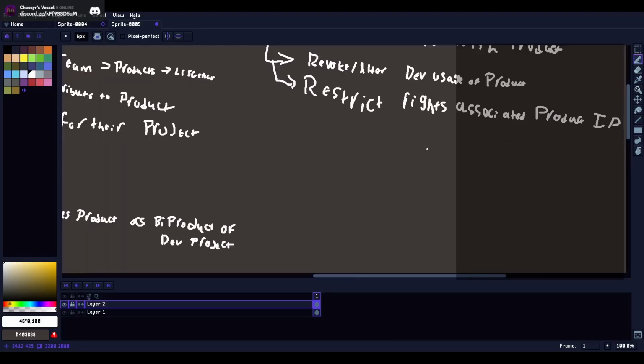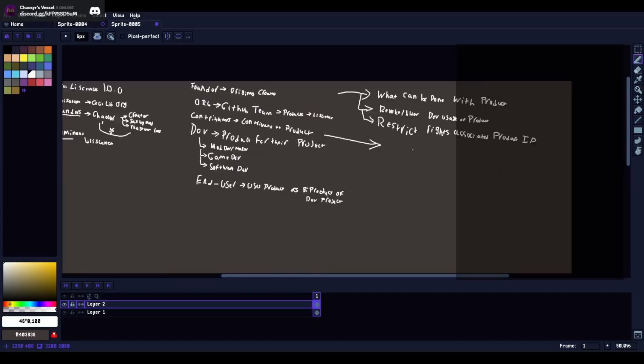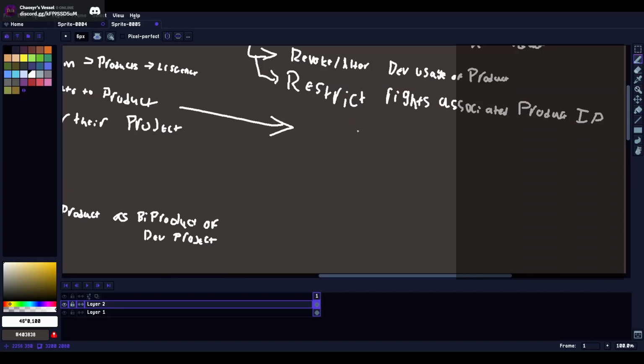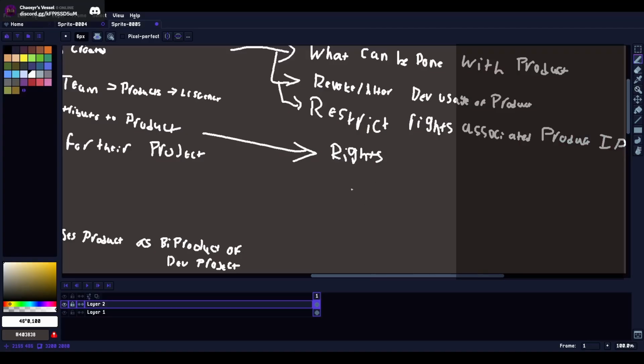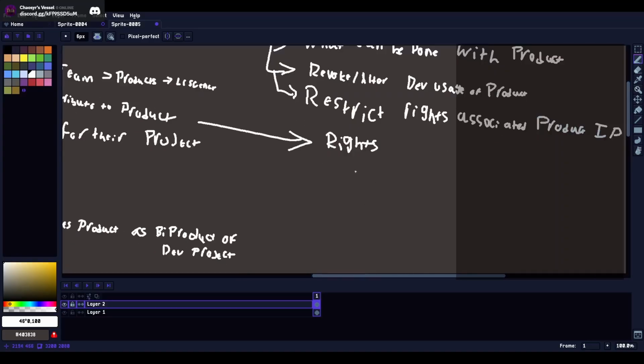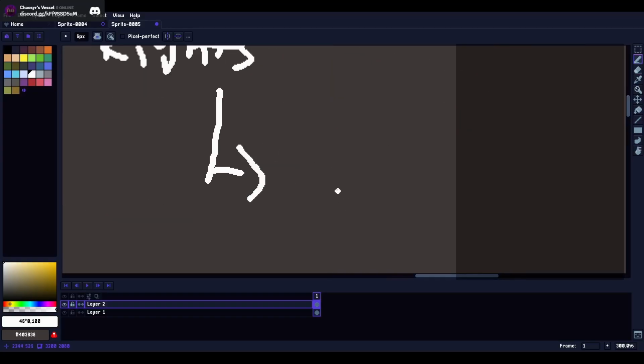Next, we have the contributors clause. This is split up into two sections. First, we'll cover their rights, and then later we'll cover their responsibilities. So, rights wise, what is listed, you may ask, is essentially that they can